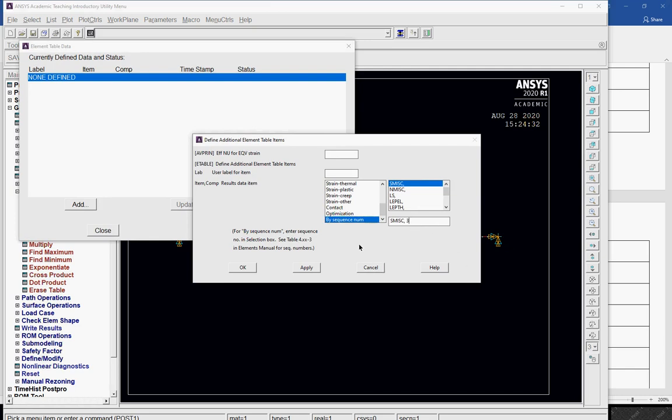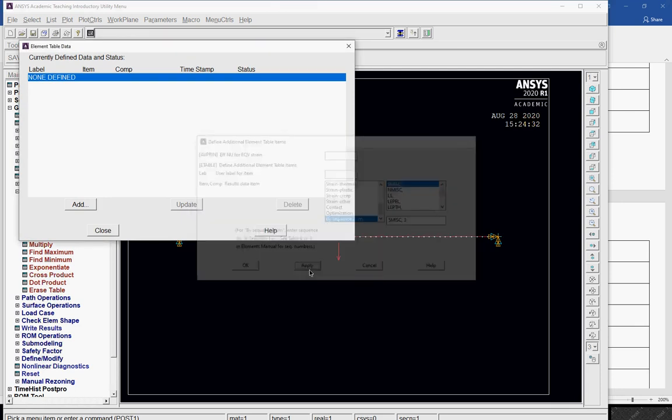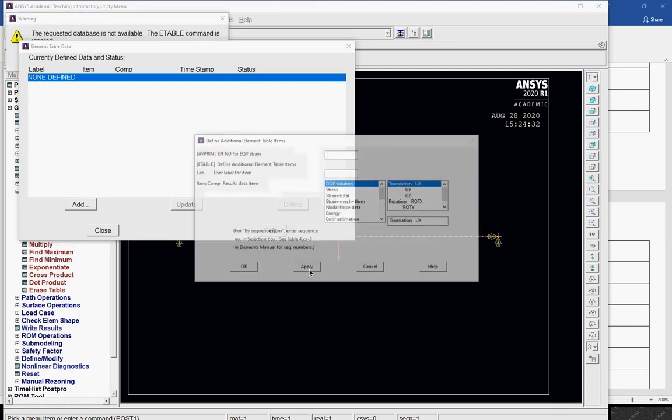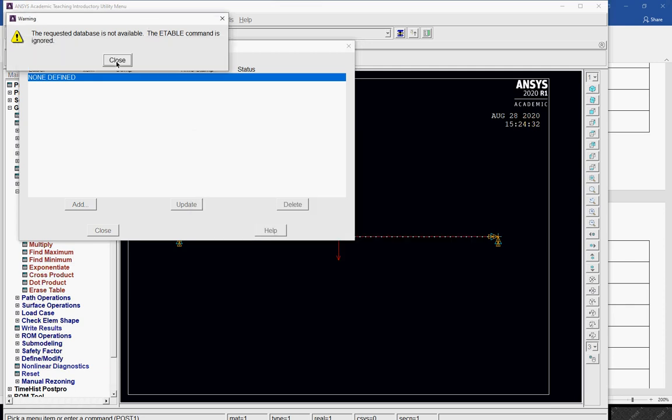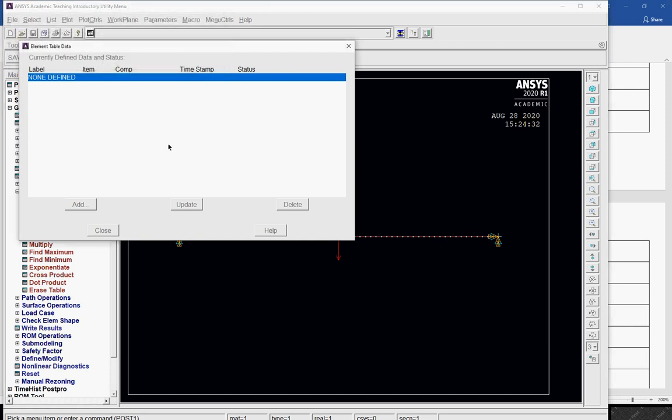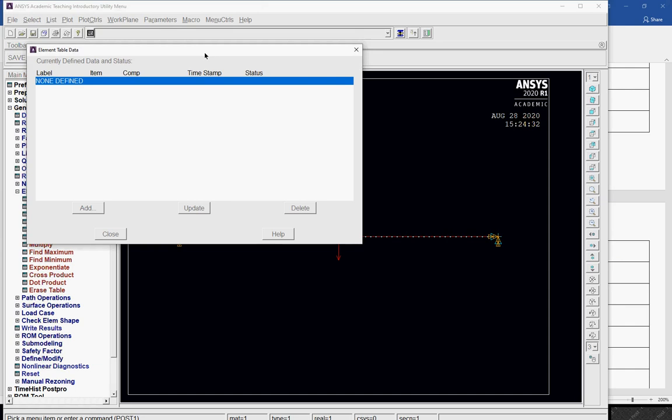Okay, so I want a bending moment and shear force diagram. So for that, this is what is there. Okay, you can refer the element manual, what is the sequence numbering and how do you specify. Okay, so I say apply, then again the request database is not available.